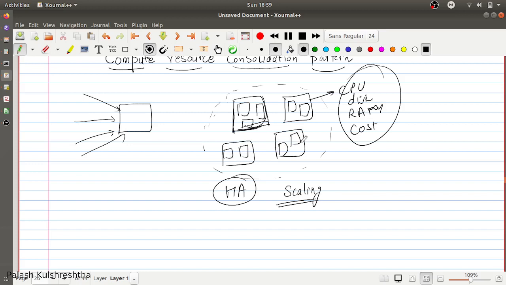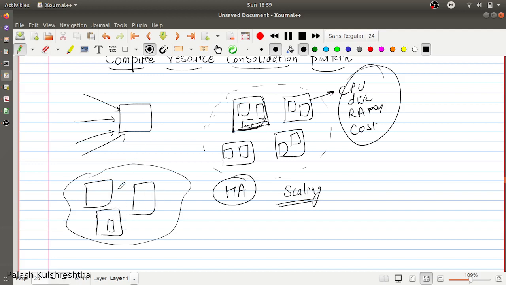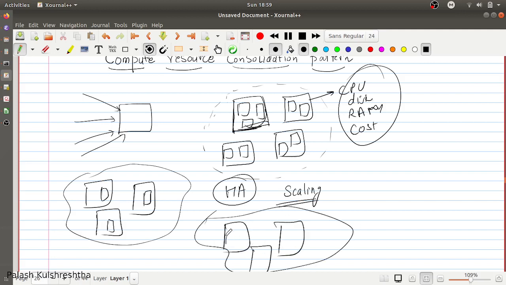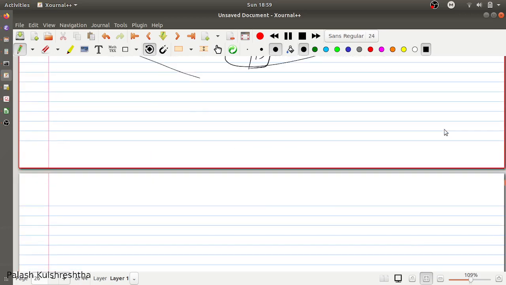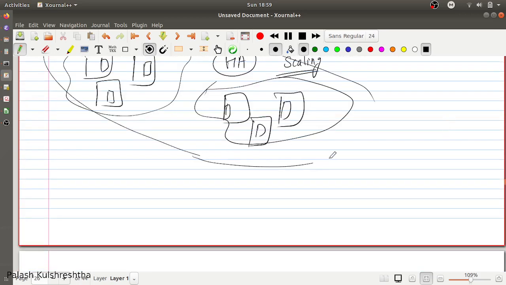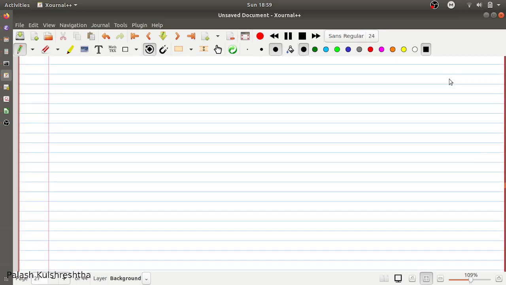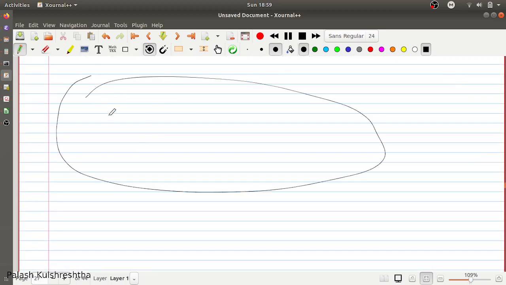How it optimizes your cost is, for example, if you had two services and they were having idle resources, but for the sake of high availability and fault tolerance, you were running more instances. So there was some other service which had the same configuration, but it was running some other service. What we can do is combine these two services if their resource usage patterns are compatible, so that we can have a new service. This is an instance pool, and you can run